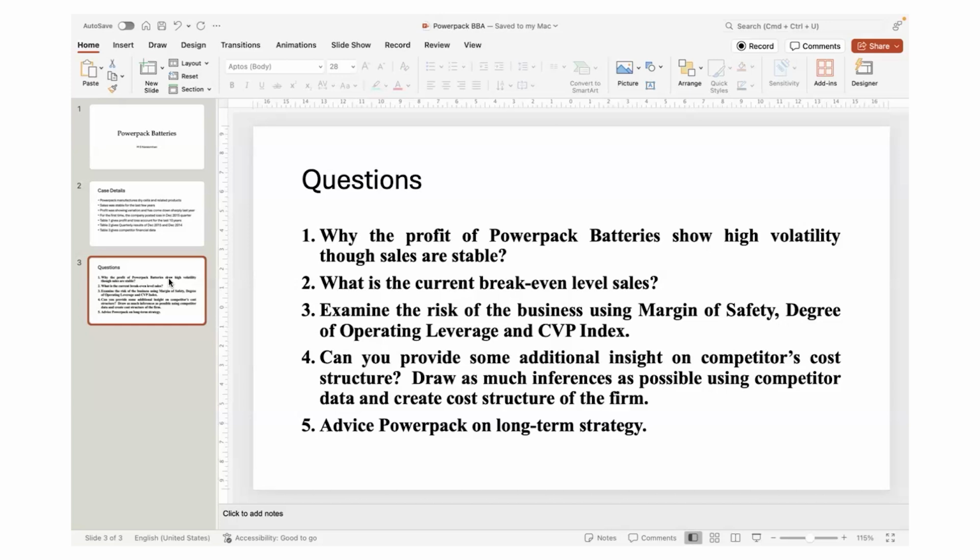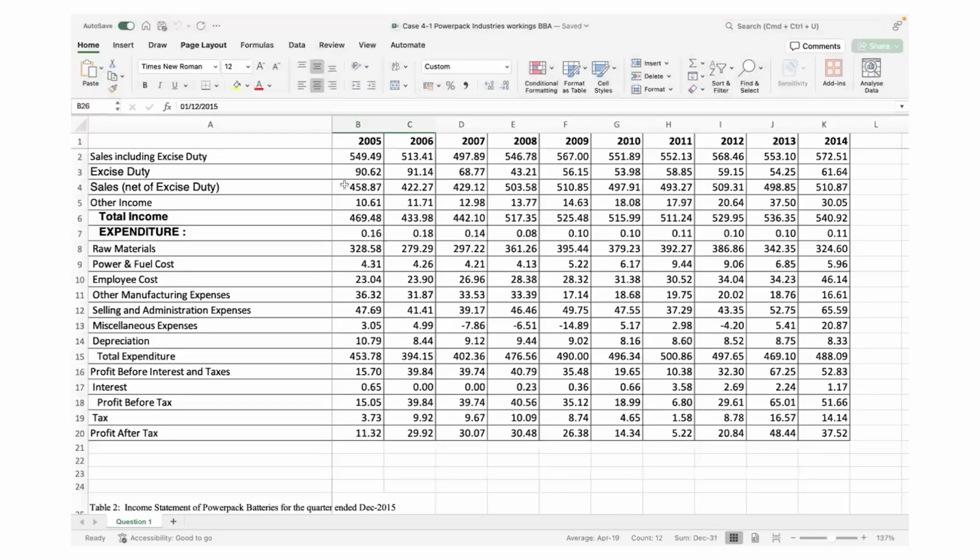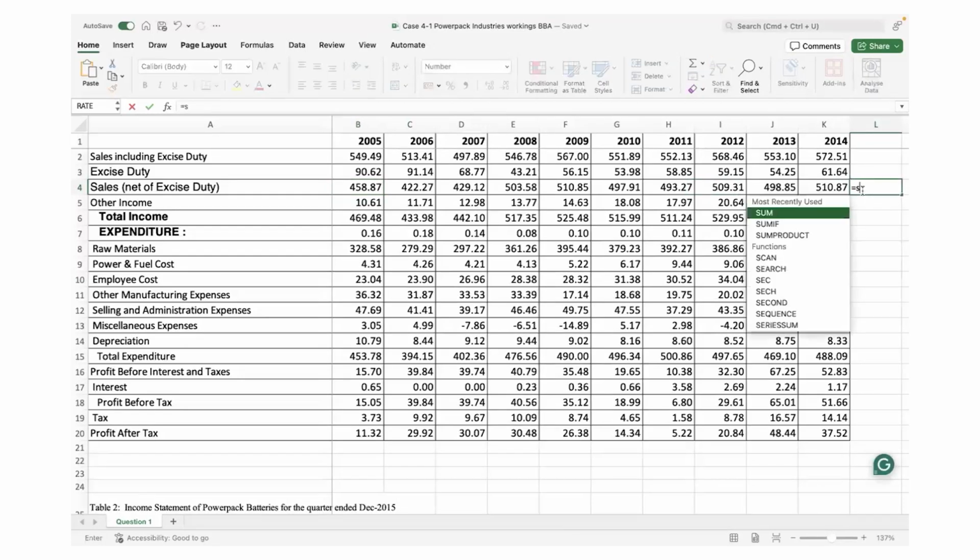Now, let us move into our working. So, we first have the data, Table 1. We have 10 years of data available, 2005 to 2014. Our first question is why the company has profit variation. For example, if you look at the standard deviation of the sales net of excise duty